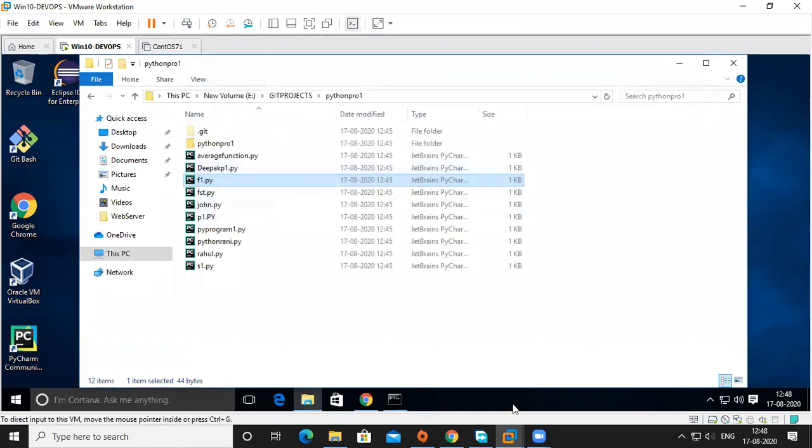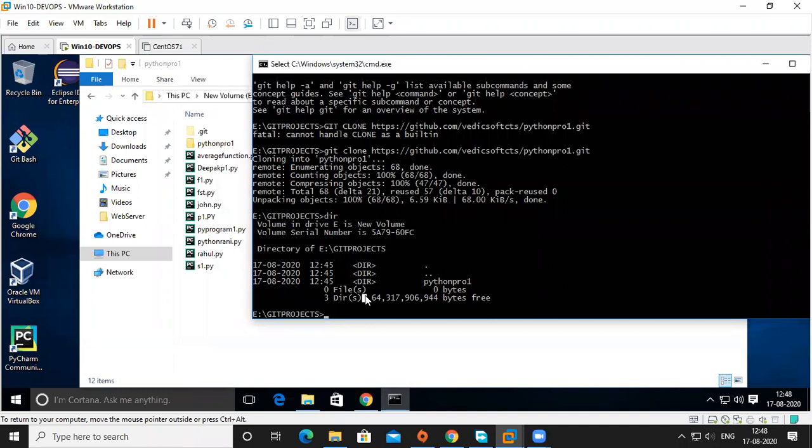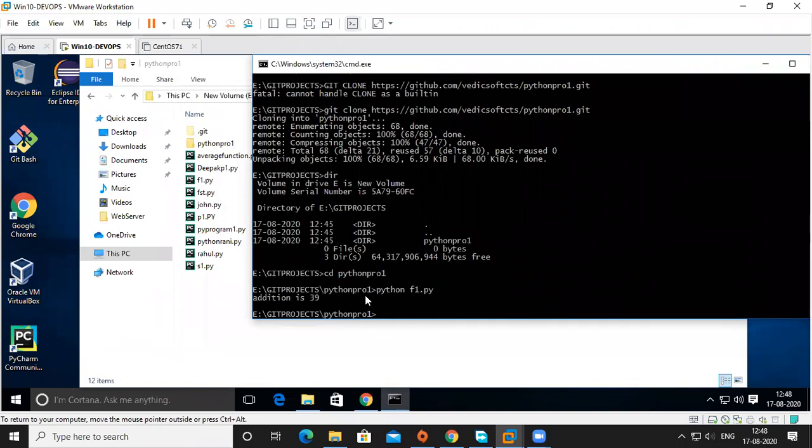I'm going to execute the f1 file. I have a folder, right? I'm going to cd Python project 1, then python f1.py. So I executed it. I got the addition as 39.